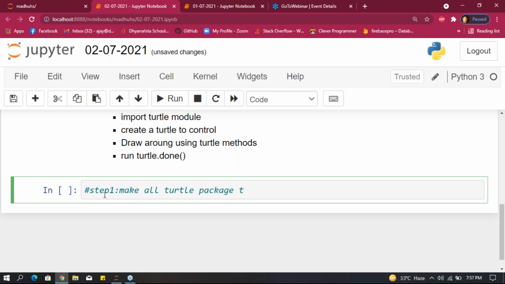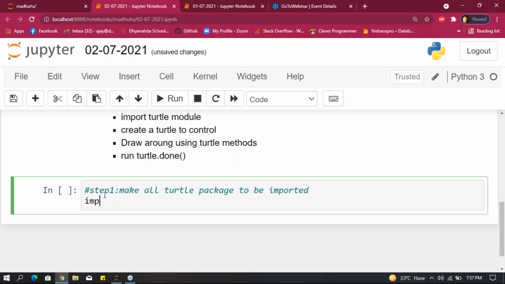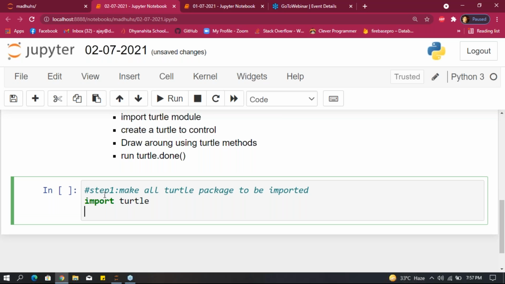First we have to import turtle. After that, the next step is the Turtle method, which creates and returns a new object.